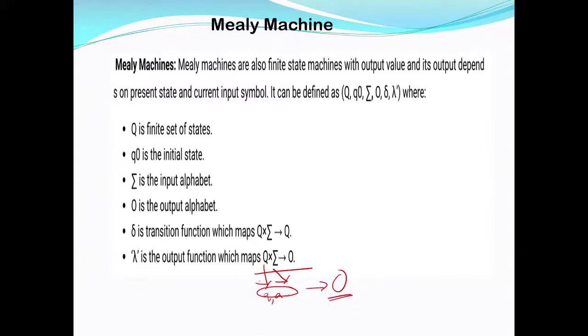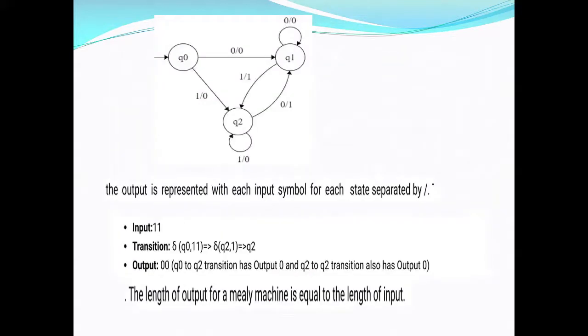That is, the transitions will be on the state and input pair. The transitions are now producing the output. Earlier, states were producing the output. Now look at this. Earlier there were states producing outputs, now transitions are producing output. So for Q0 on 0, the first symbol I am showing is the input and the second symbol I am showing is the output.